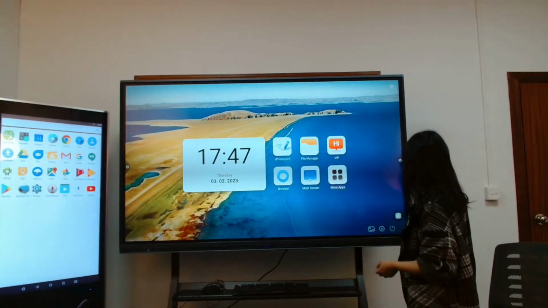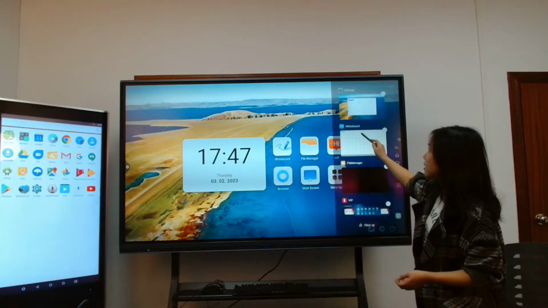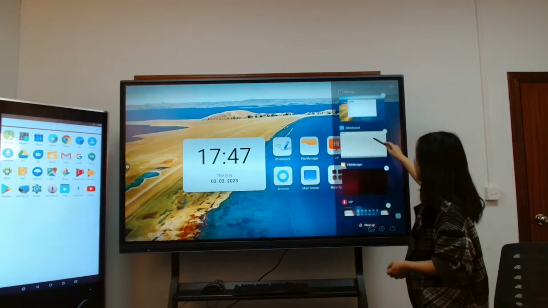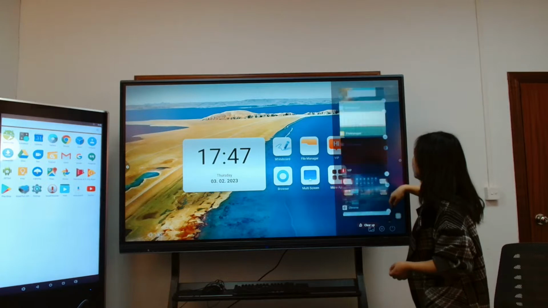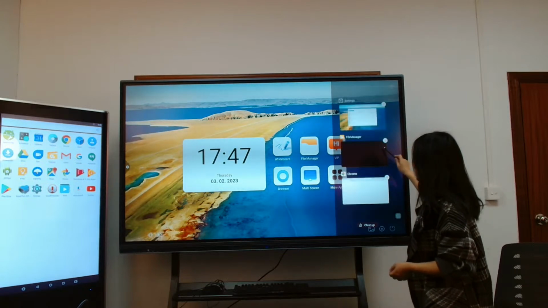So next coming up, this is the task list. If you want to check out which task you want to use, you can just check here. If you don't want it, you can just click